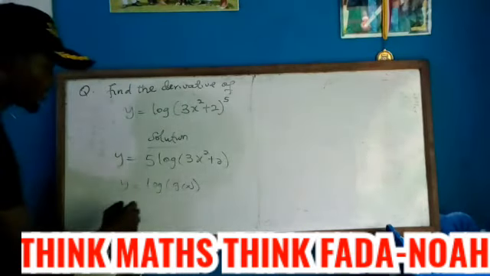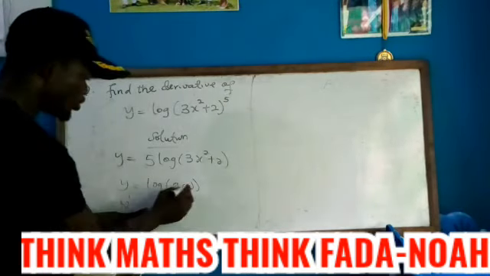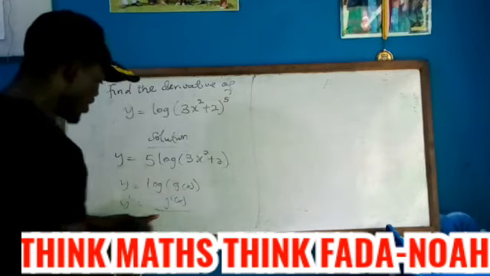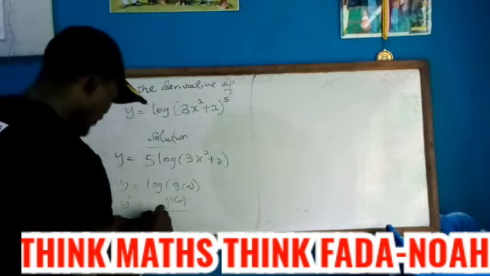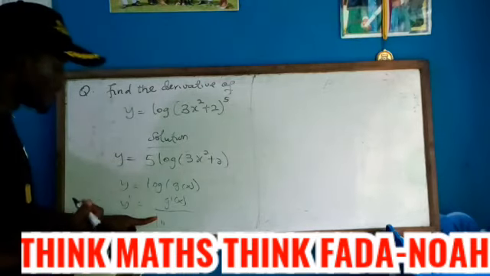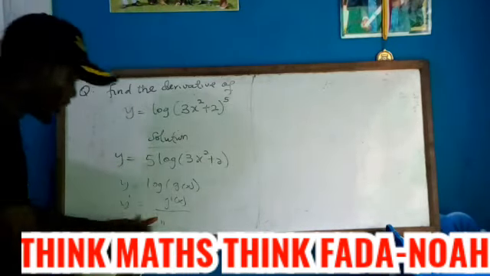The rule says that your y prime is equal to g prime of x divided by the natural log of the base of the log. Whenever you have a log and the base is not written, we assume that it's base 10. So we write ln 10,